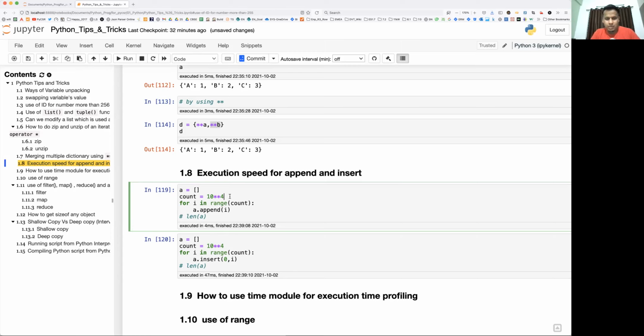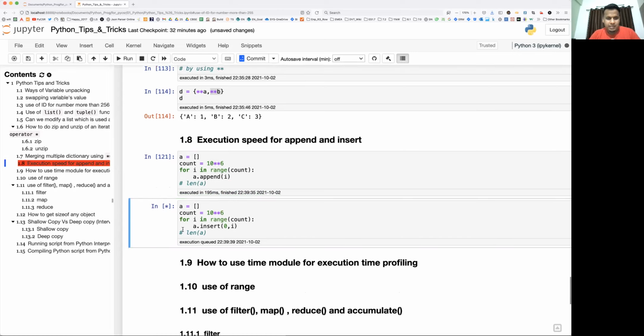So let's increase the number to 10 to the power 6. Here, how much time does it take? Almost 195 milliseconds. And here if I run 6, let's see what happens. See, it is still running. The star means processing is happening internally.